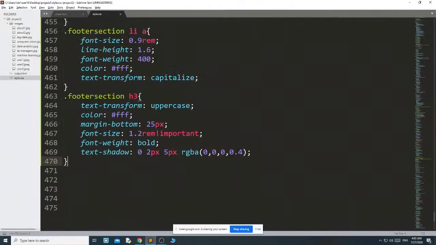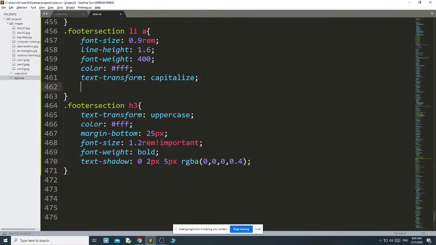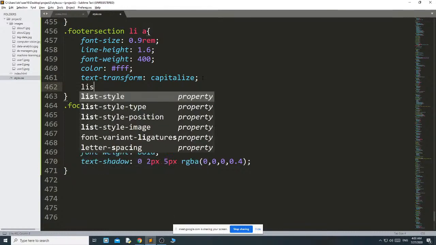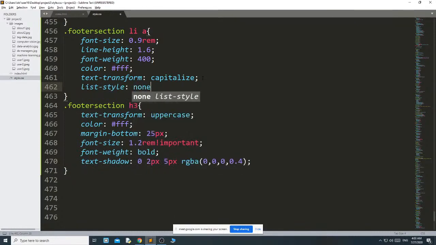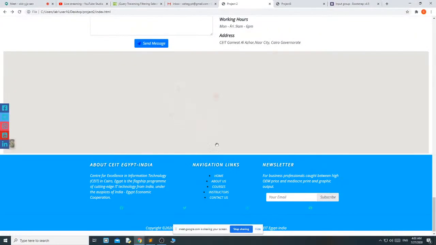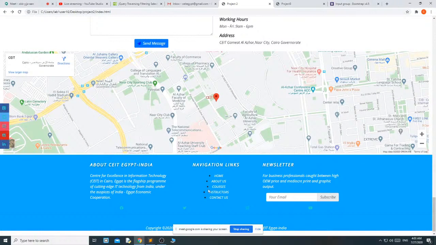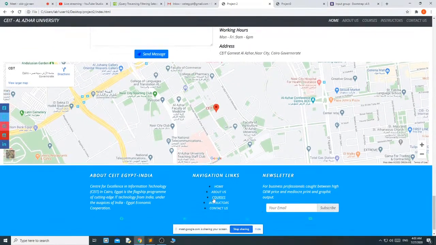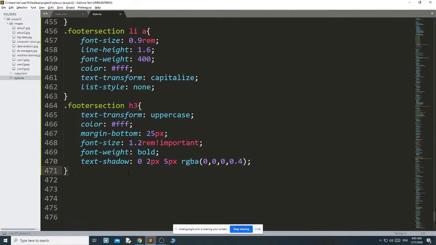This list, if you want to remove that bullet, then you just write list-style none. Okay, it's removed. Then we have the social icon.